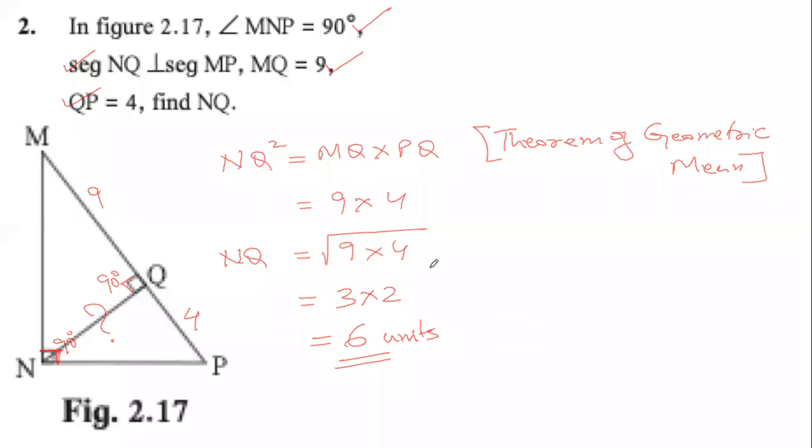Another way to solve the same question is, from here, we could have also said that it is square root of 36. And square root of 36 means 6. This also we can say. But what's the use of multiplying and then getting the square root? It is much easier if we get the square root of the smaller numbers. And that is why my preference is this method. This is my preferred method.